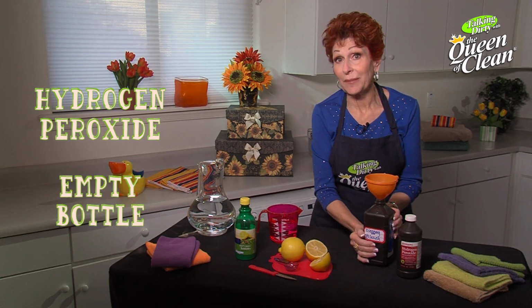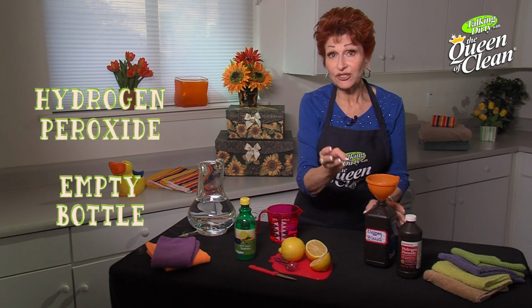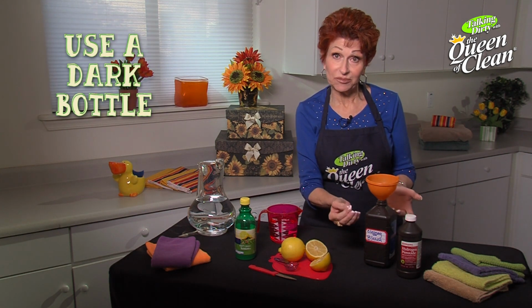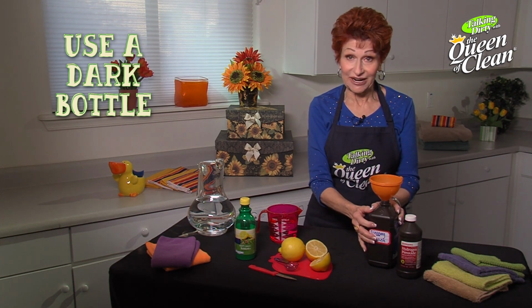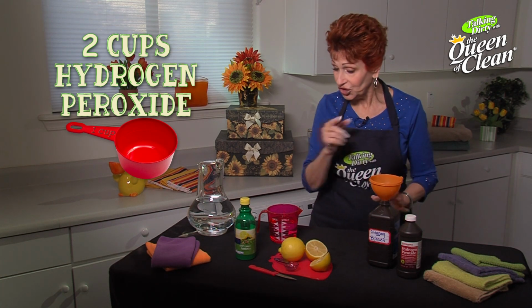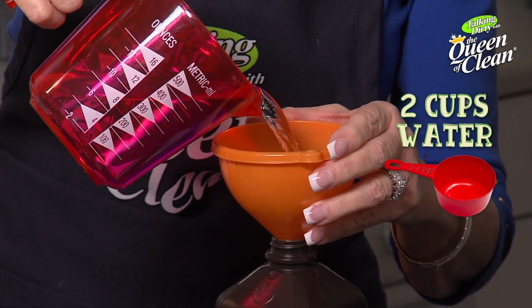empty bottle from hydrogen peroxide, and the reason I'm using that is because hydrogen peroxide is broken down by light. So when I'm mixing my bleach, I'm going to mix it in a dark bottle. So this is a recycled peroxide bottle, and it already has 2 cups of peroxide in it. To that, I'm going to simply add 2 cups of water,